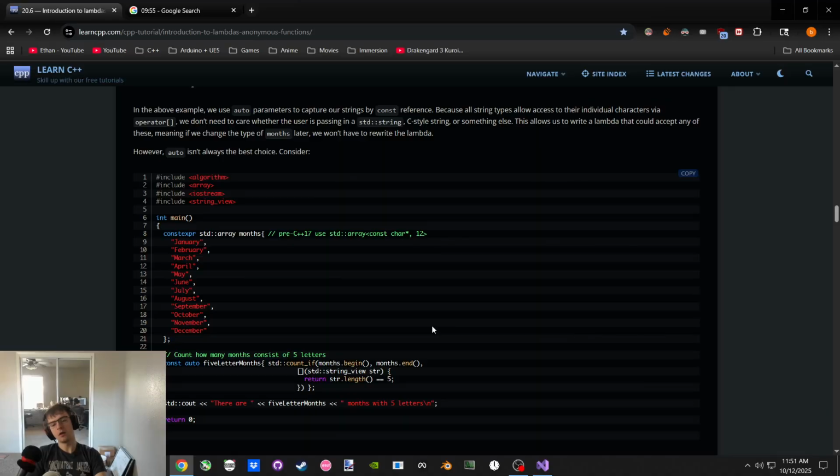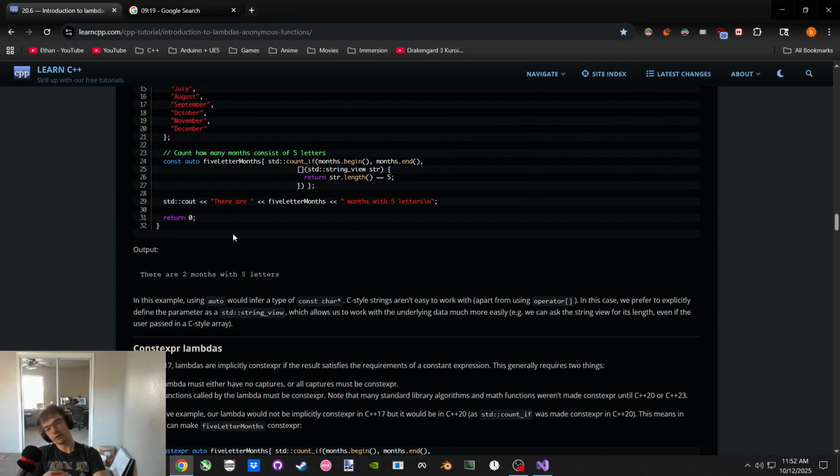Gotcha. So the main point is already using the nice class types that the standard library provides us, because the hard work that was done to make those lets us more easily use the information, even if we have to convert it to a string view, for example, because a string view is still a class, it's still a type of string, it still just holds a const reference to a string somewhere, any kind of characters.